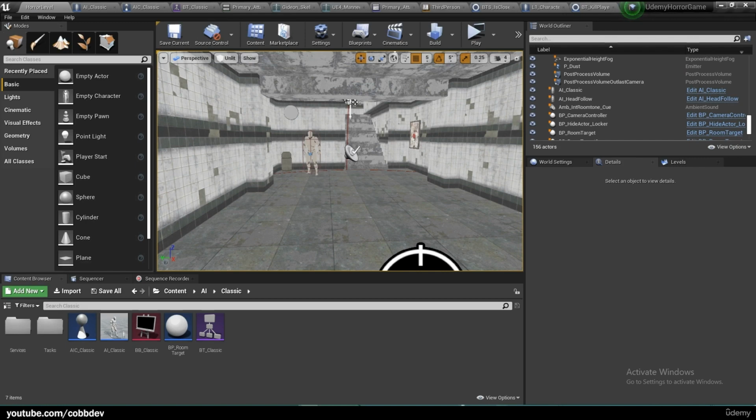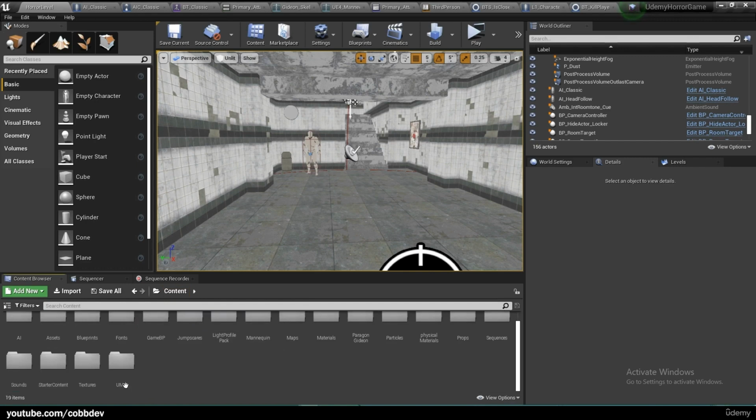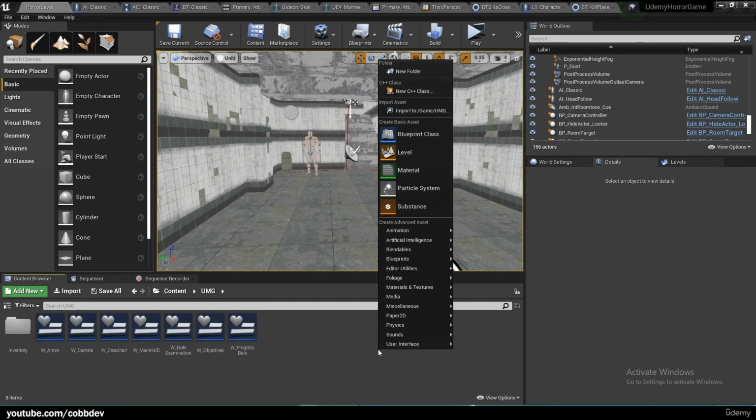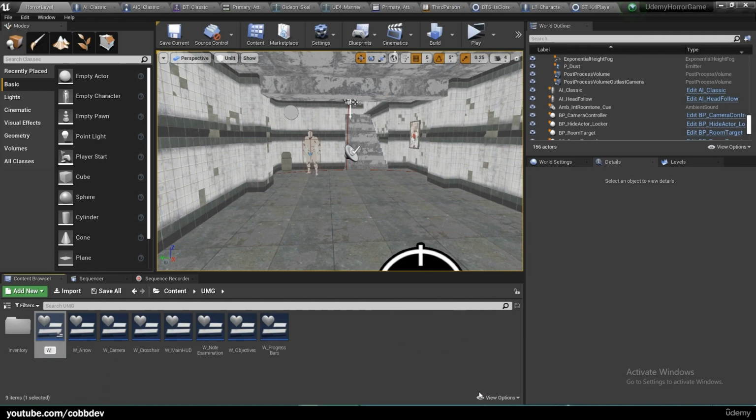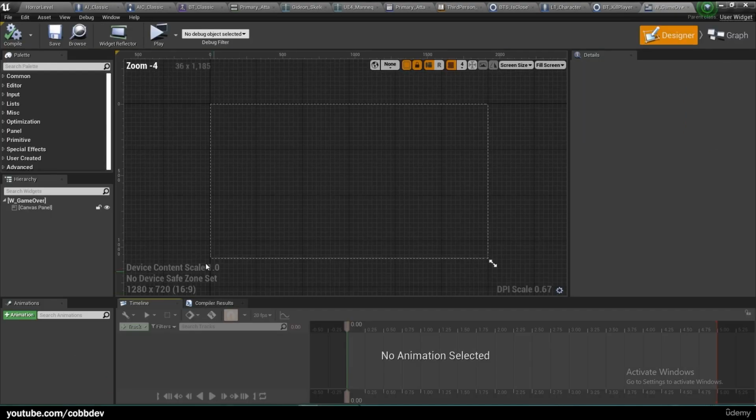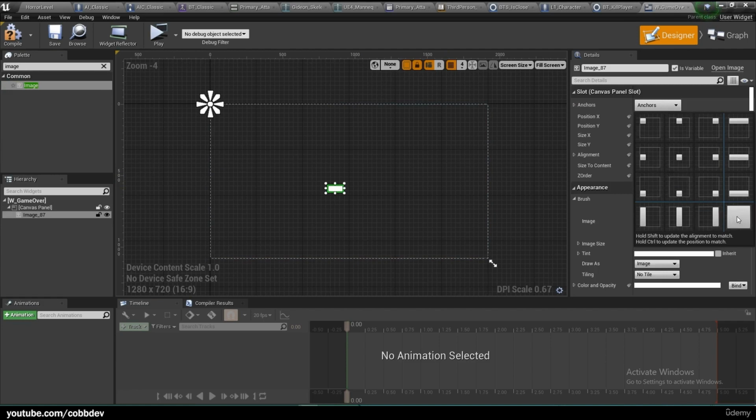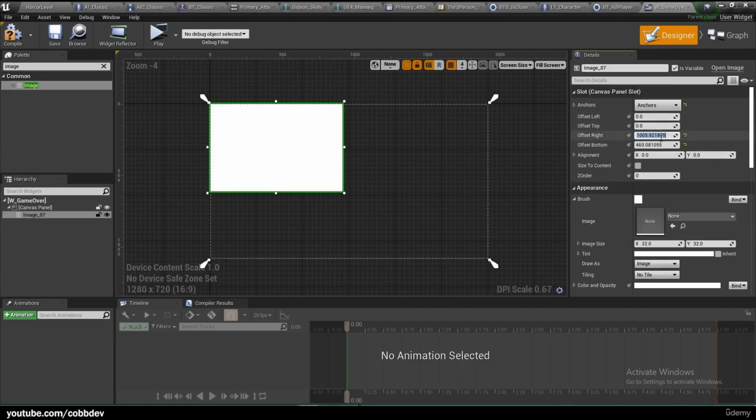Okay, so before we wrap this up, let's just create a fade to black and a restart button, since it should go relatively quick. So let's go into UMG, and let's create a new widget called W Game Over. Open it up. We're going to add an image, anchor it to the full screen with all the offsets at 0,